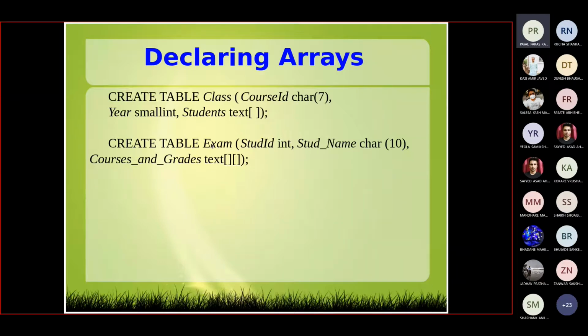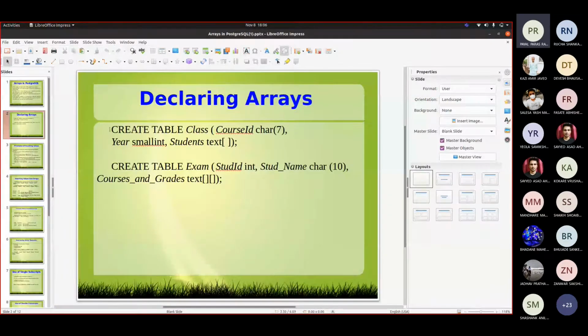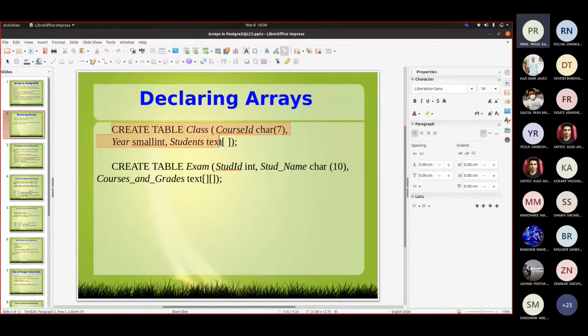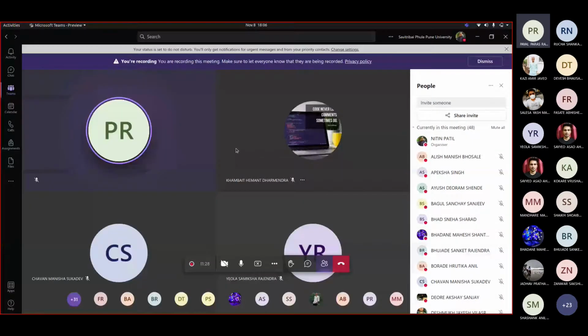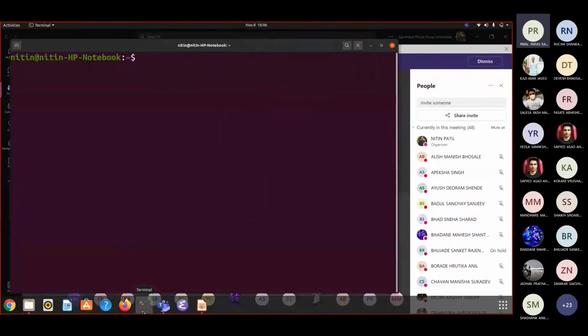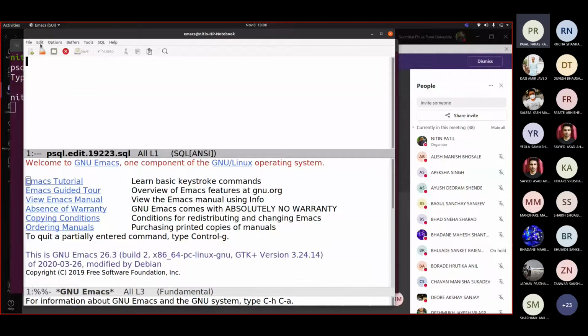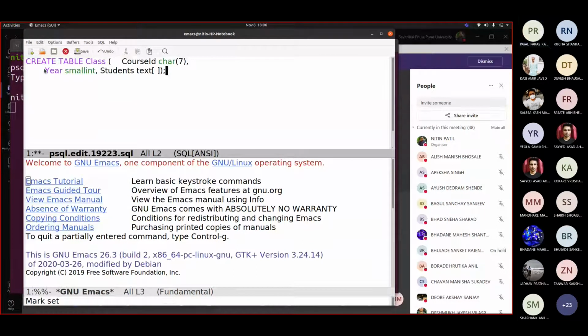So let us try to create a table like this. I will take the same definition so as to get an idea. This can be used as a sample for your case too. So let us say we are creating this.